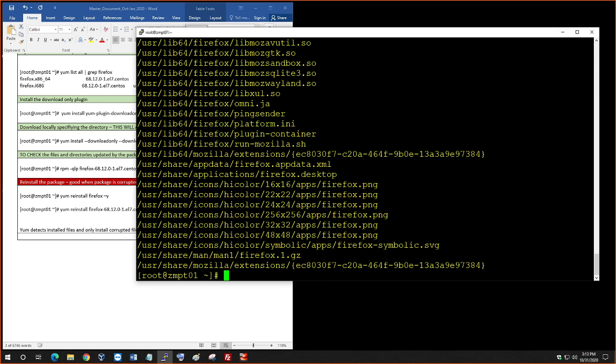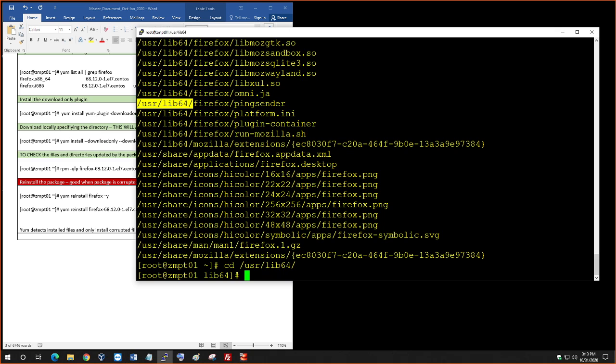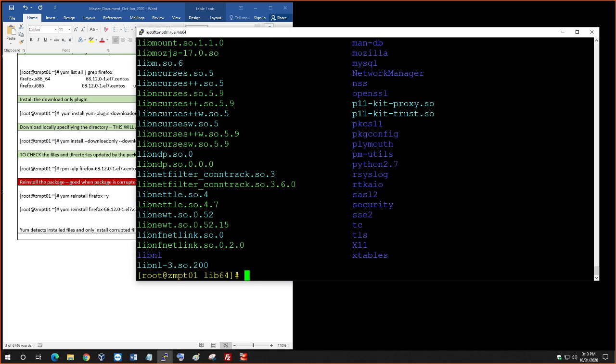So I know it goes in here, and let's delete this entire directory. If I go into cd and do ls, there are a bunch of things there. If I do ls -la Firefox,